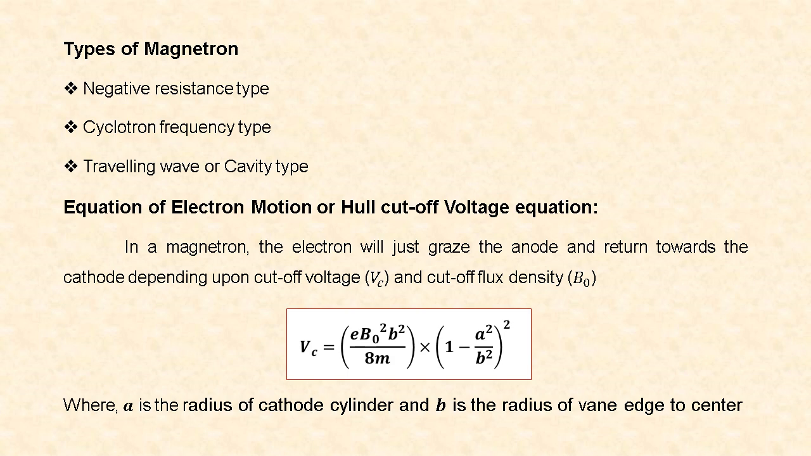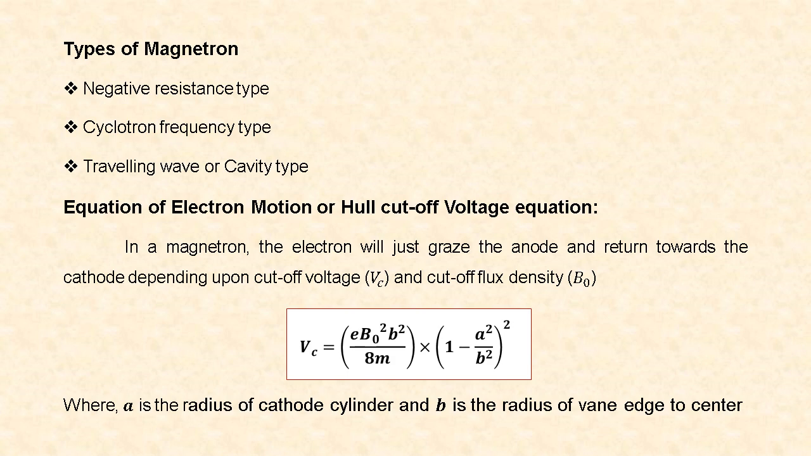Next, equation of electron motion or Hull cutoff voltage equation. A charged particle in motion in a magnetic field of flux density B0 experiences a force that is proportional to the charge, velocity, flux density and sine of angle between velocity and magnetic flux. So, we can derive the expression for Hull cutoff voltage as